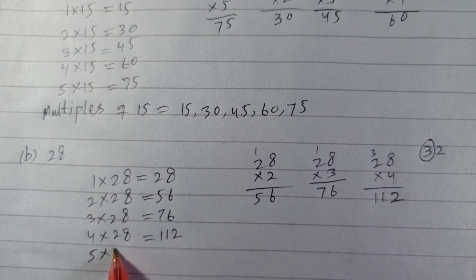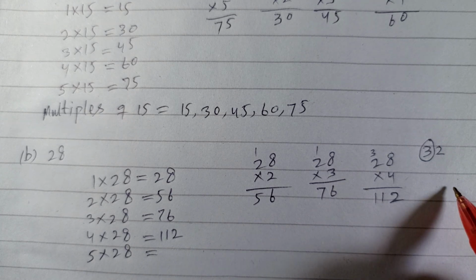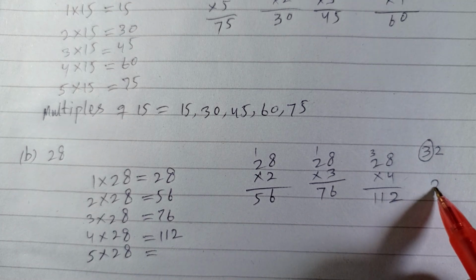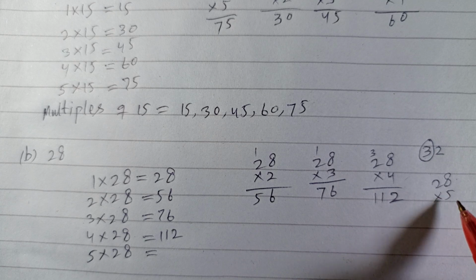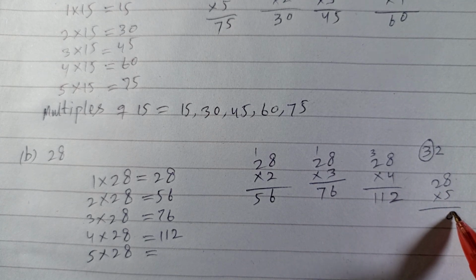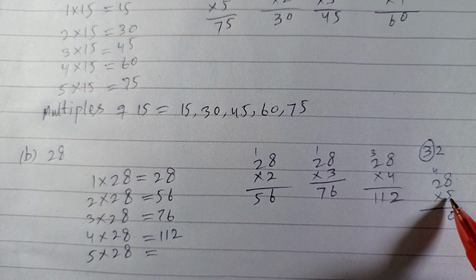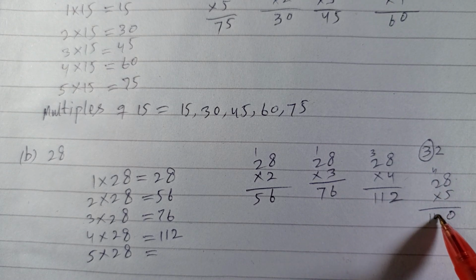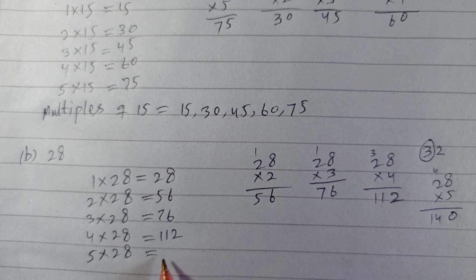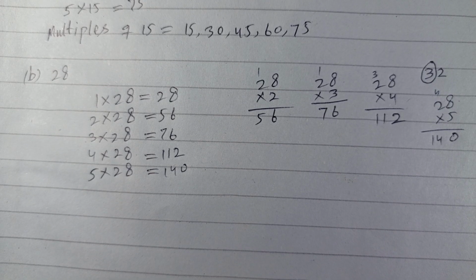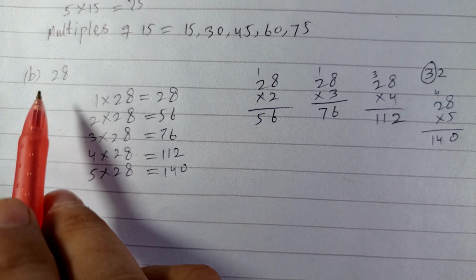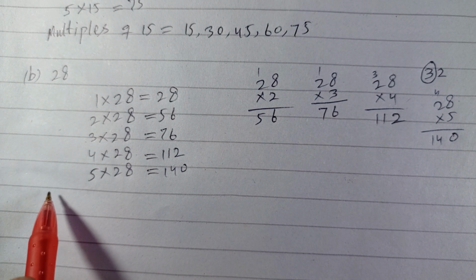Now 5 multiplied by 28, what will you get? You can divide as you can multiply. So multiply here 28 and 5. 5 8s are 40. You will write here 0 and 4 is your carry, and 5 2s are 10, 10 and 4, 14. So 140. You will write here 140. These are the 5 multiples of 28. You can write the answer now. These are easy sums. It is simple and basic.